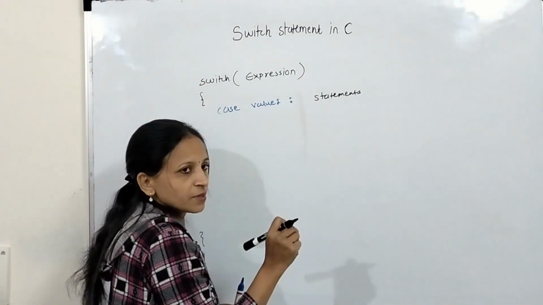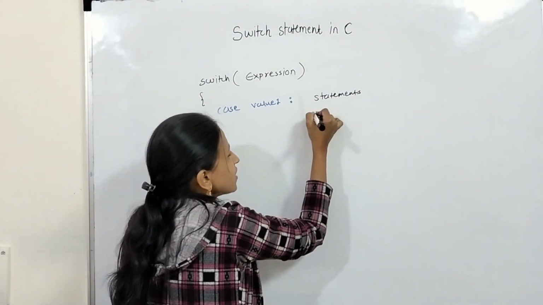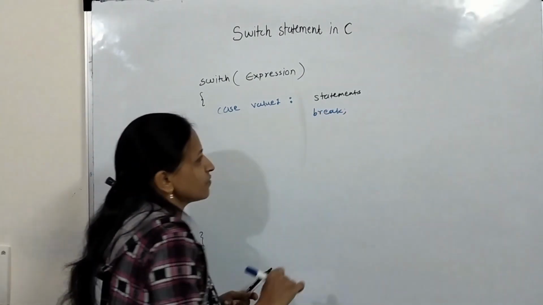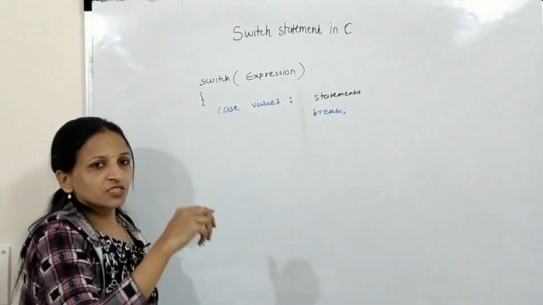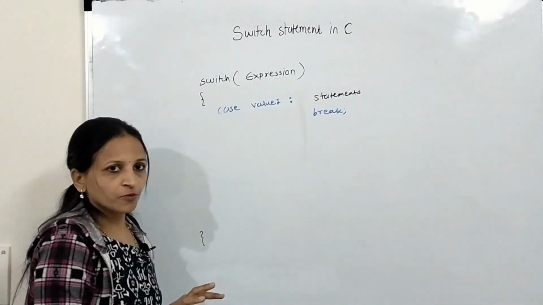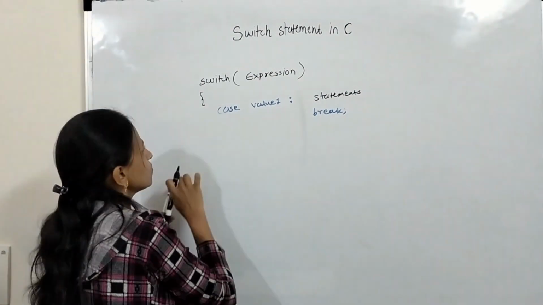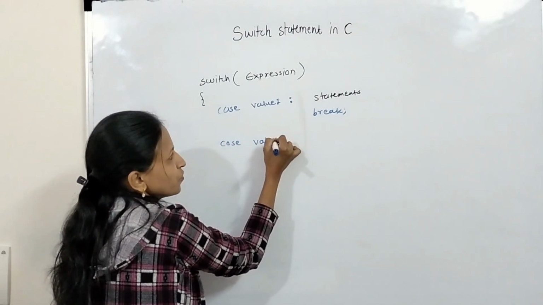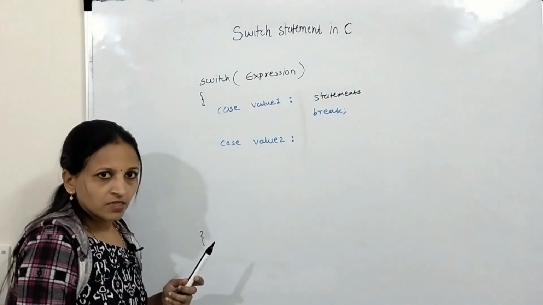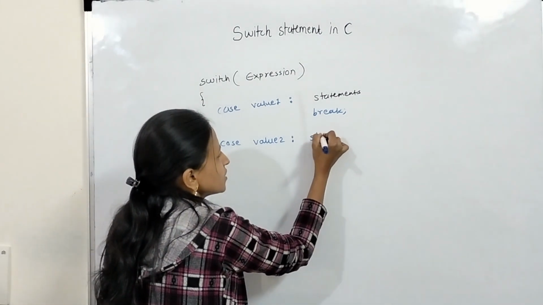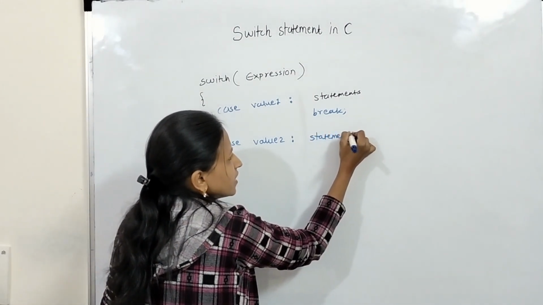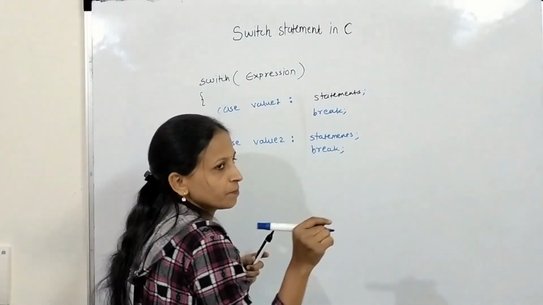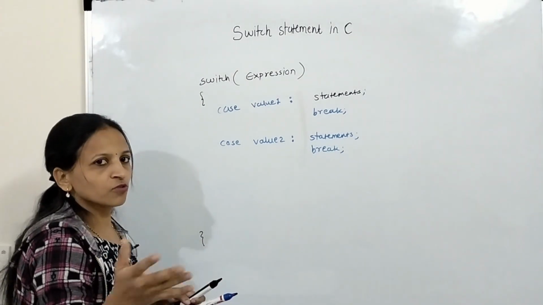Just write all these statements, it may be 1 or more, and just at the end put here break, in this way. Now this is first, for first value we have written whatever statements and we have put here break. Now second case we have to write like this. Again after this we can write case, any value you can put here, and after that colon, and then statements, whatever statements you want to execute right here, and then here break. See, this break is also not compulsory. Now that point I am going to explain later.